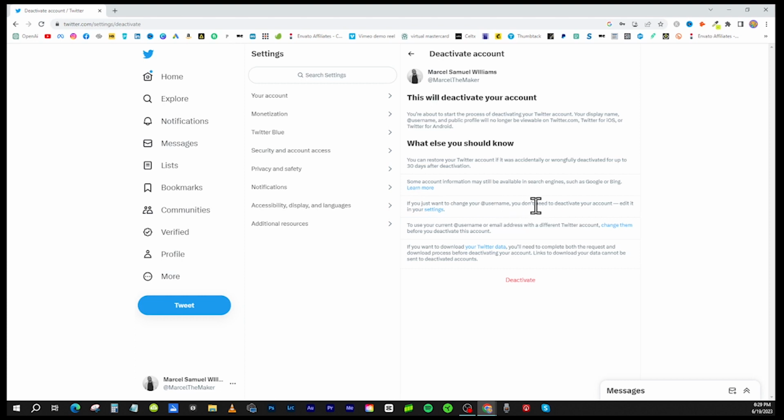If you just want to change your username, you actually don't have to deactivate your account. Edit it in your settings section. And to use your current username or email address with a different Twitter account, change them before you deactivate this